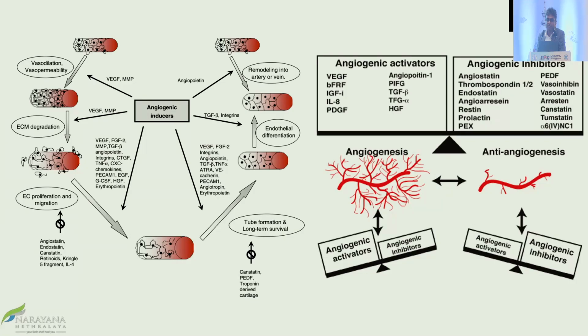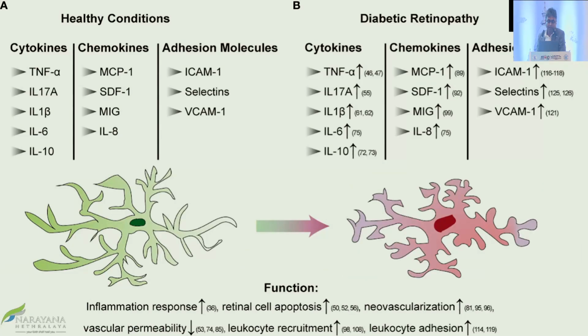And again, this is important, not just the inflammatory factors, even the angiogenic factors. There is a complex interplay and balance that needs to be achieved. Once there's a tilt, we obviously know that it goes in for angiogenesis. In healthy conditions, these are the cytokines, chemokines, and adhesion molecules which are normal. But in diabetic retinopathy, everything shoots up, and the balance is what is important, which leads to vision-threatening